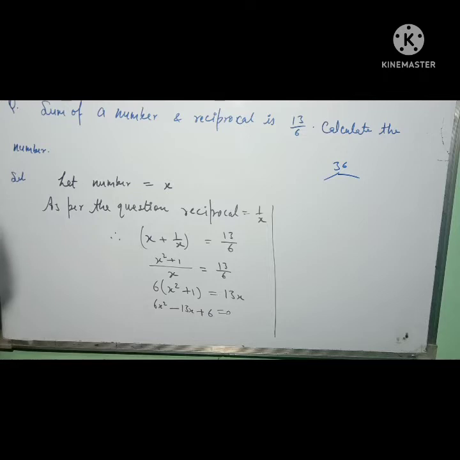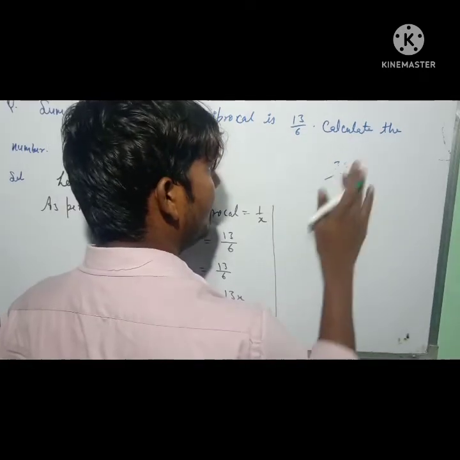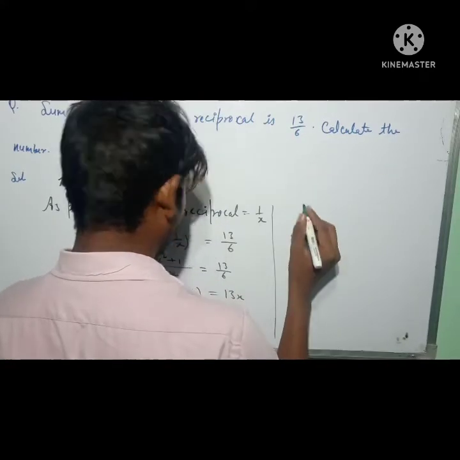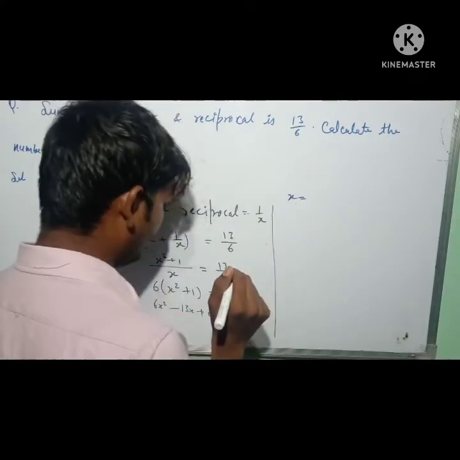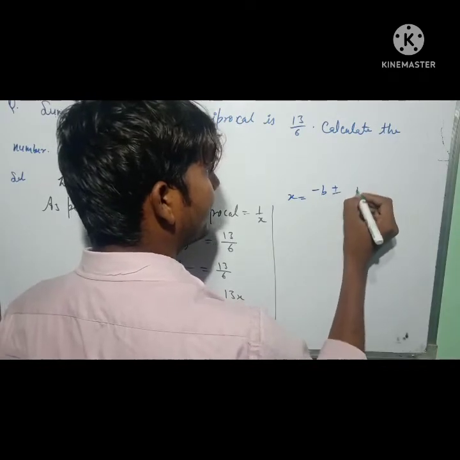Everyone, we need to calculate it. In that case, x would be equal to minus b plus minus under root